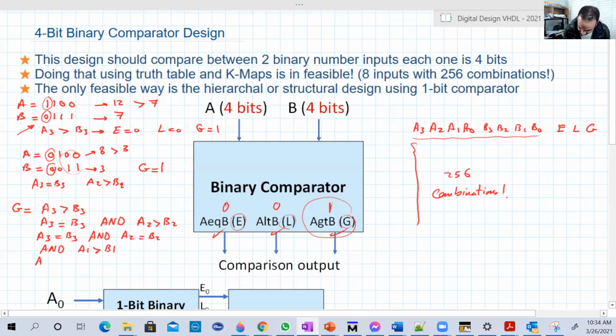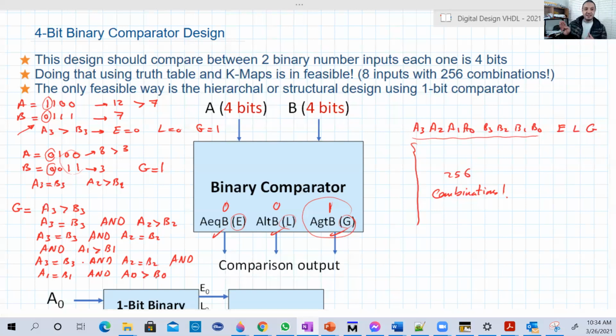I mean A3 equal to B3 and A2 equal to B2 and A1 equal to B1, but at that time A0 is greater than B0. That's basically G. So you have 4 cases. So it will be 1 in any of these 4 cases. So basically you can connect between them using or